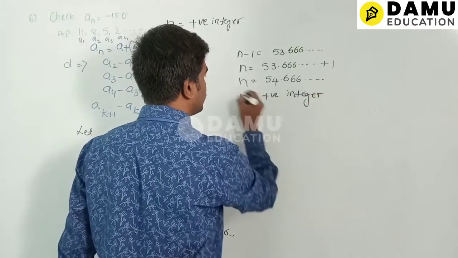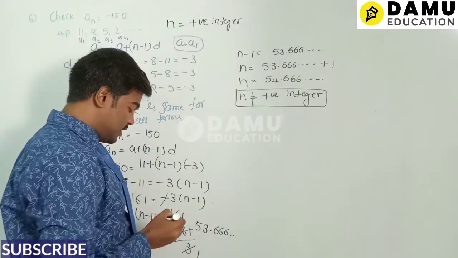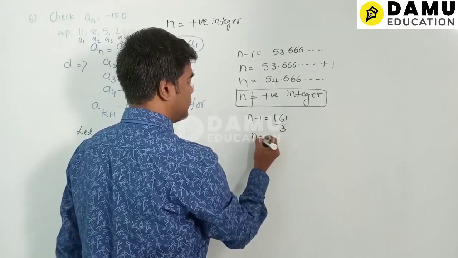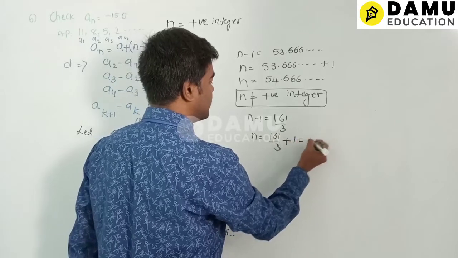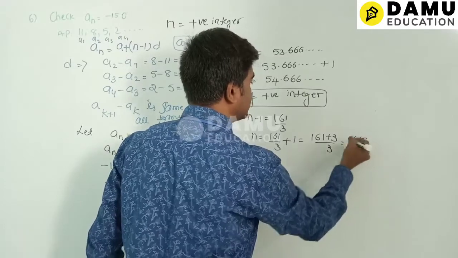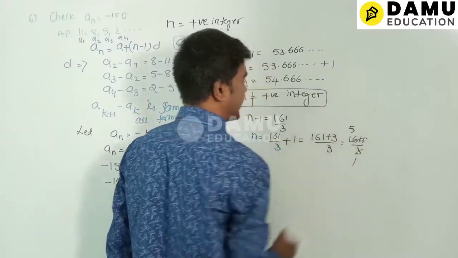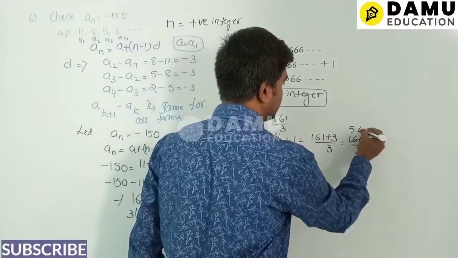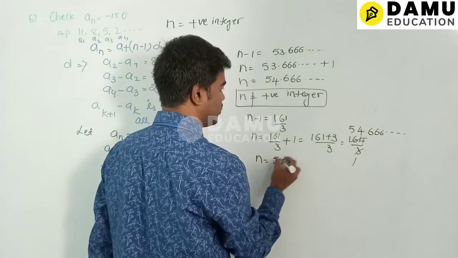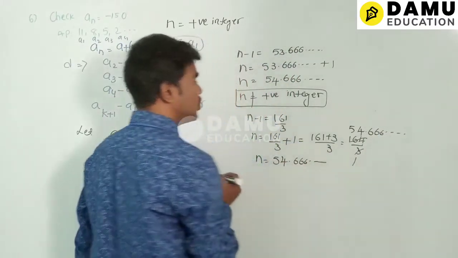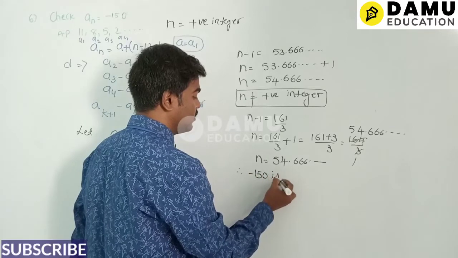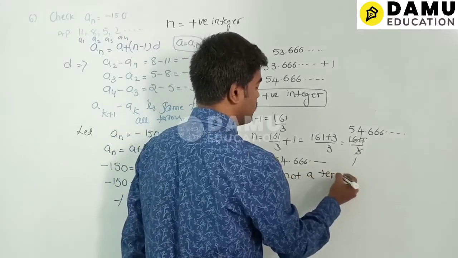Otherwise, you can take n minus 1 equal to 161 by 3, that is, n equals 161 by 3 plus 1, which is 164 by 3. Dividing, we again get n equal to 54.666 and so on. So n is not a positive integer. Therefore, minus 150 is not a term in the